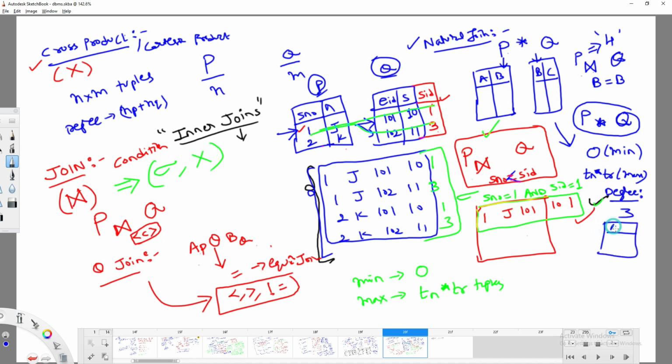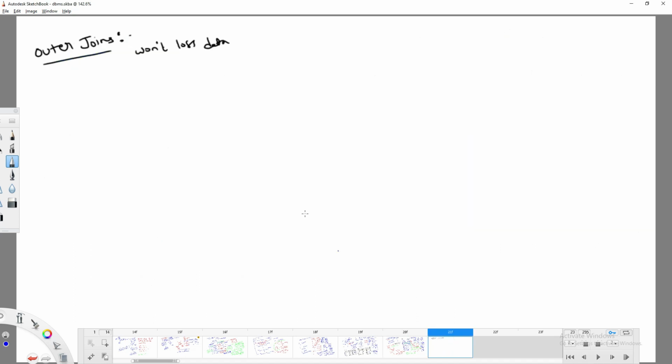In natural join also, are we going to lose data? If tuples are not matched, data is lost. All this lost, meaningless information comes under inner joins. If you don't want to lose that information, we can use outer joins. In outer joins we have to specify which table's data we don't want to lose.